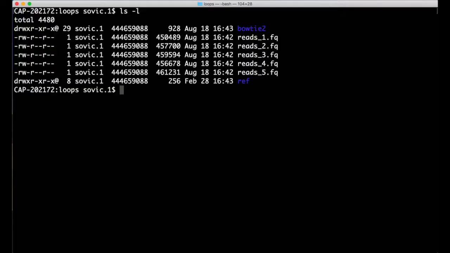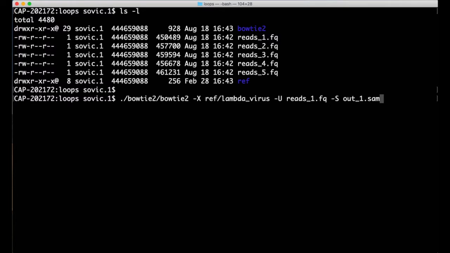We'll look at an example where we have 5 different FASTQ formatted data files from high throughput sequencing runs, and we want to align each of these to a reference genome with Bowtie 2. Here we see the 5 data files. Notice the format of the names is standardized, with files differentiated from each other by numbers at the end of the names. We'll take advantage of that pattern in the loop that we'll write shortly.